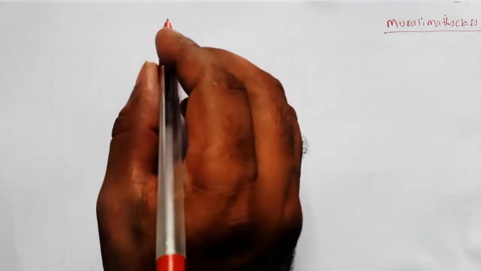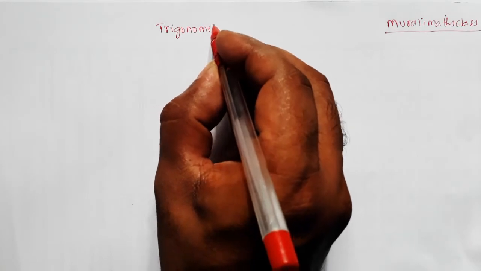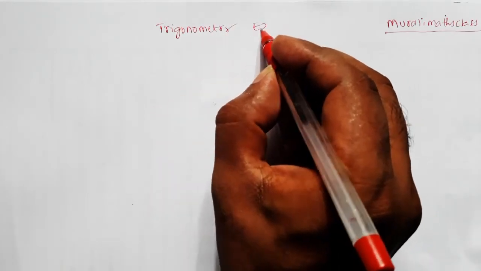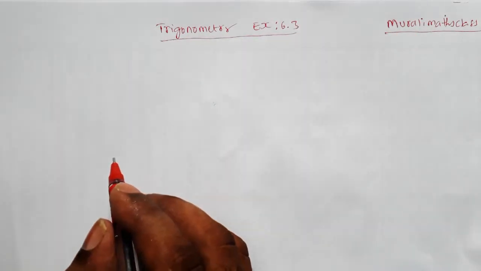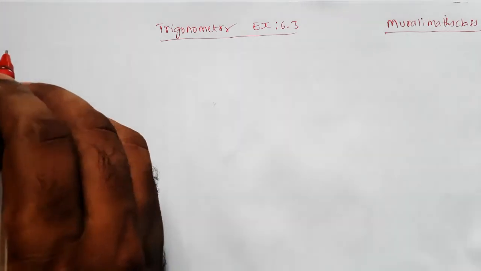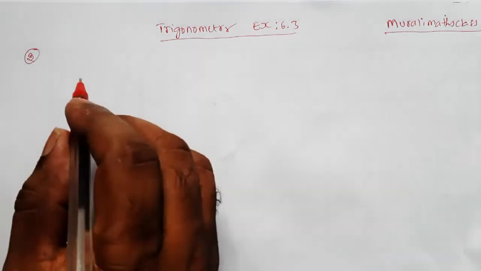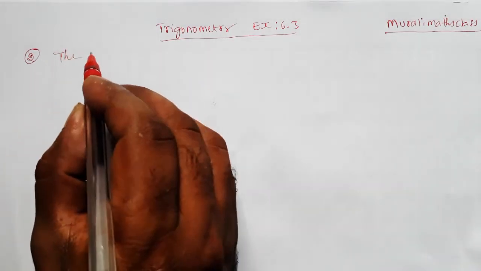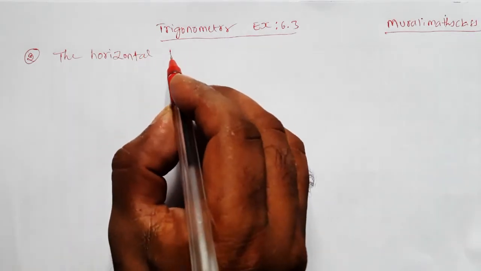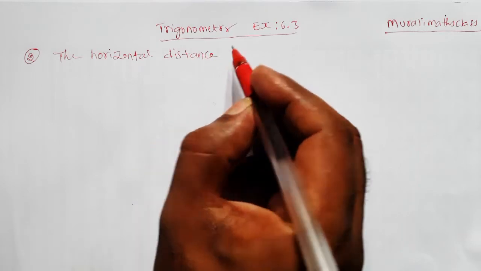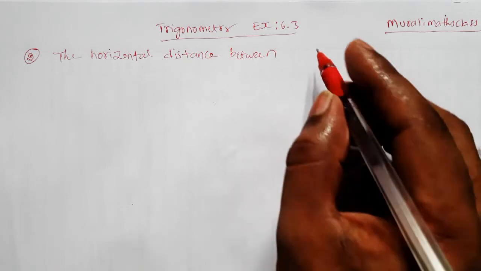So today we will learn trigonometry, exercise 6.3. In that second problem, the horizontal distance between two buildings